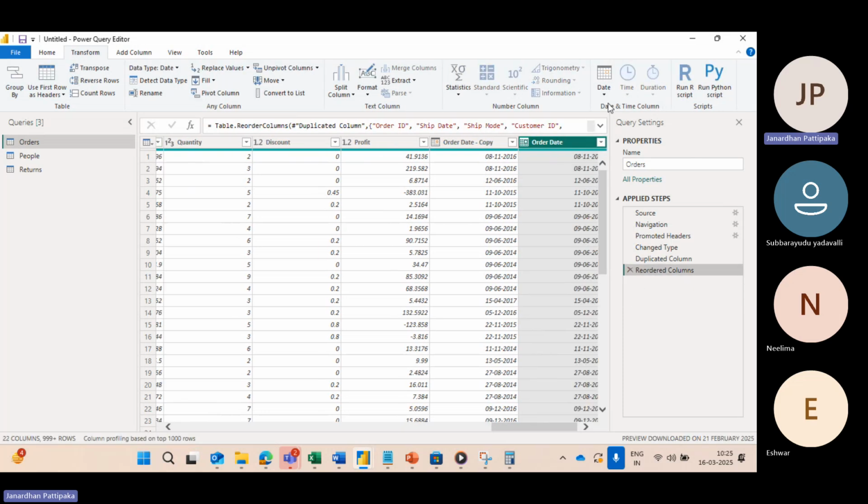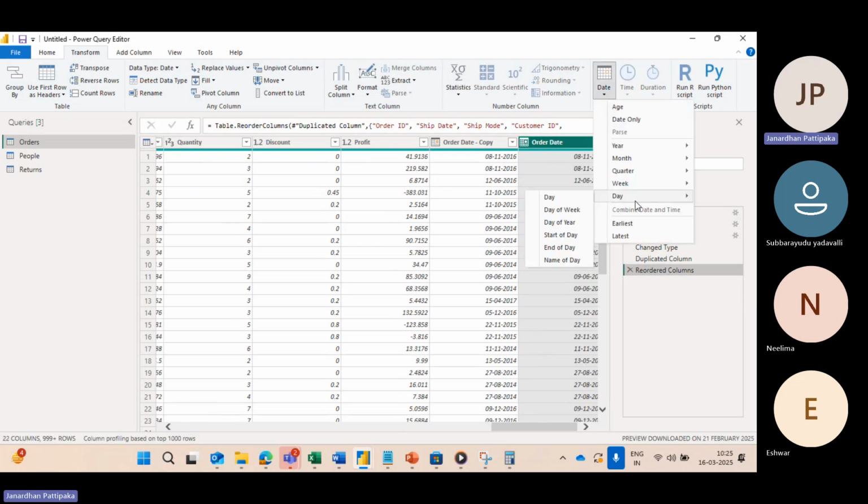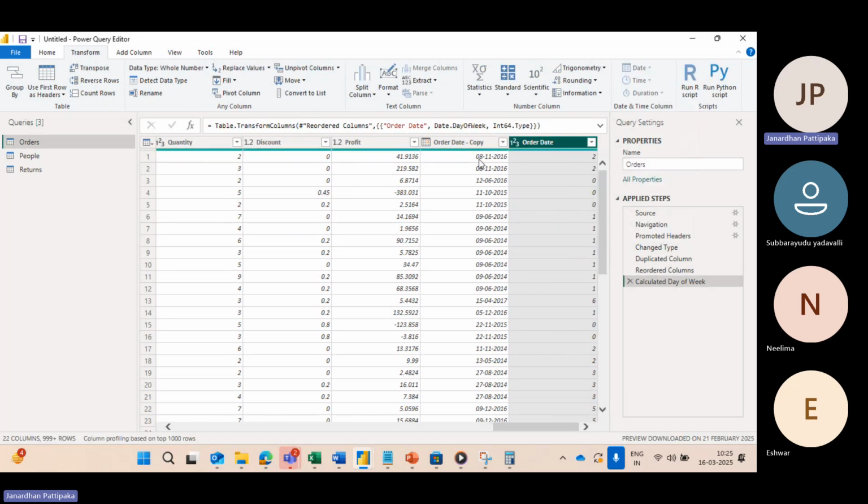In the orders table, suppose in the day column, now you can extract the day of the week. If you select the day of the week, in this particular week, November 8th is falling on which day? Day 1 or day 2 or day 3? November 8th is falling on day 2. You can go and check the calendar over here. See,